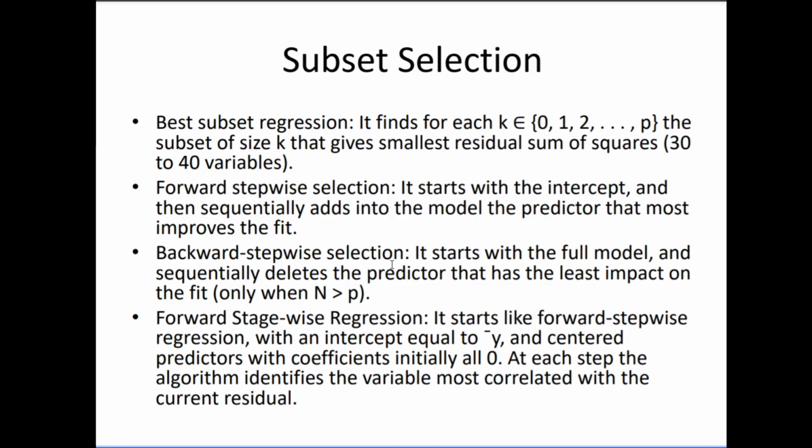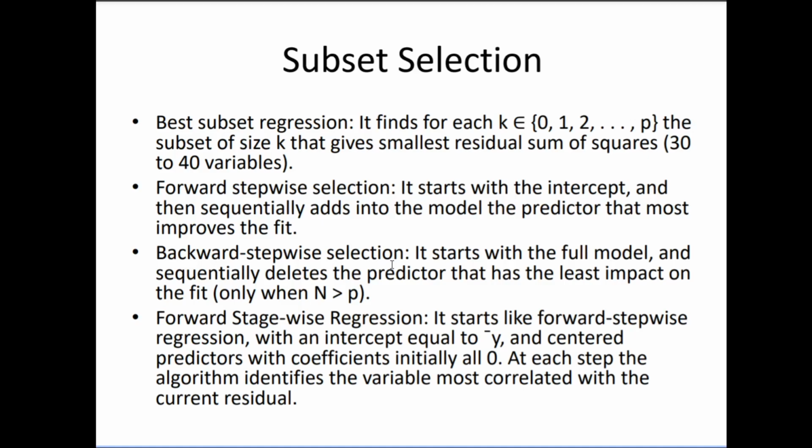So now it will be throwing each one of them out, and then it will see which of these is useless. How do you understand if this variable is useless? It has the least impact on fit. So your prediction accuracy, or whatever metric you are using, if it has the least amount of change, then that variable will be thrown out.